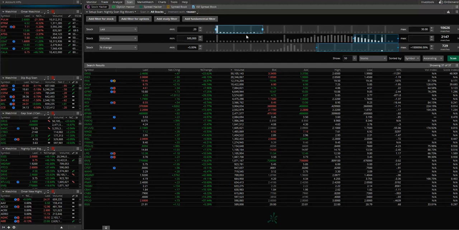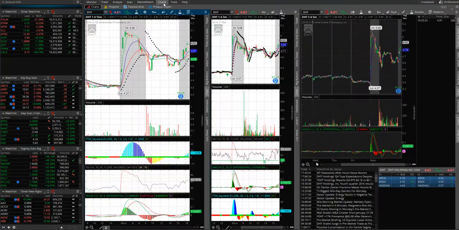All right. And if you notice, I have this scanner here all the way to the left. So all I do is click charts. And what we're going to do is go through the charts one by one. So first stock we're going to see is